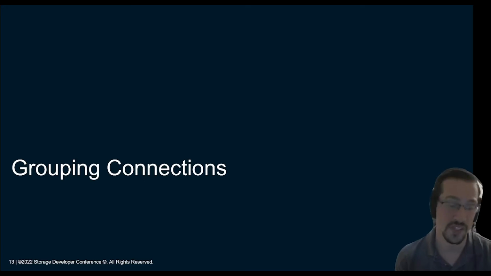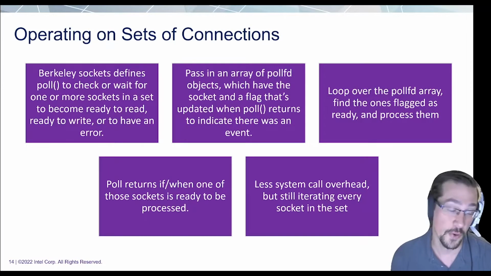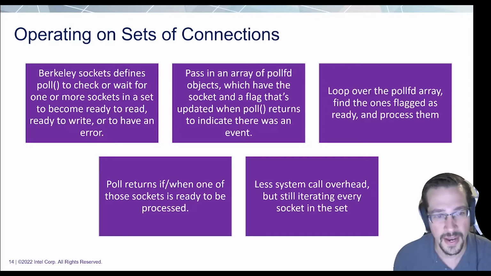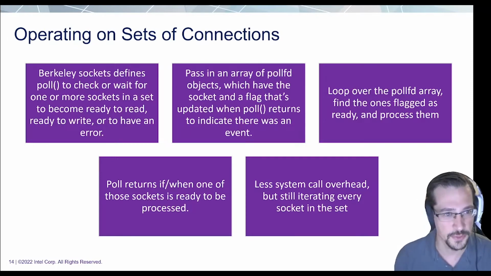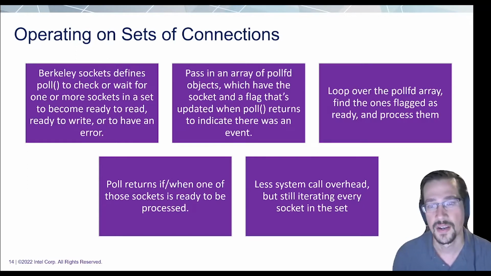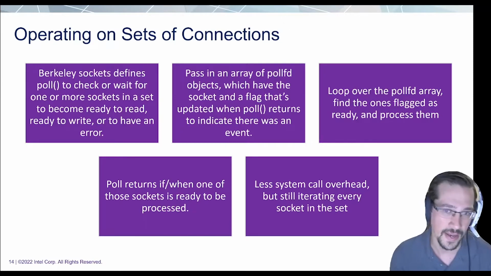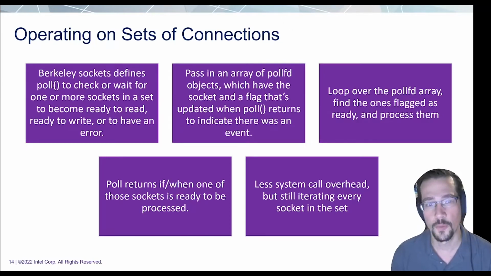So now we'll get into the second half of the solution, which is better ways of grouping connections. The Berkeley Sockets API, way back, I don't think it was in the original 1983 API, but shortly after, defines a way to check for sockets that are ready in a set. So you can build a set of sockets, call this poll system call, as it's called, and it will tell you which of the set are ready for you to call receive on, and you can skip the rest of them. And the way this poll call works is you basically build an array of pollfd structures which